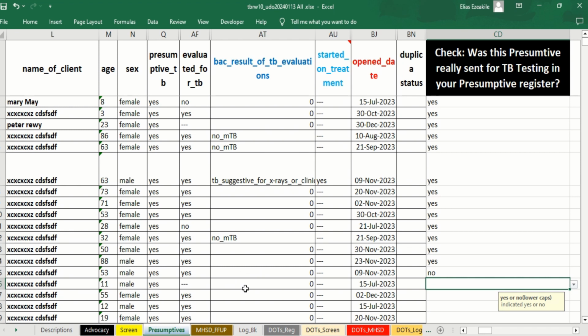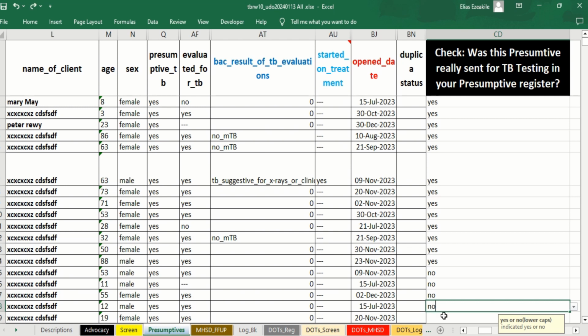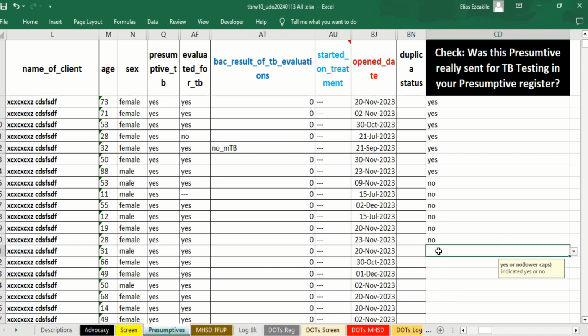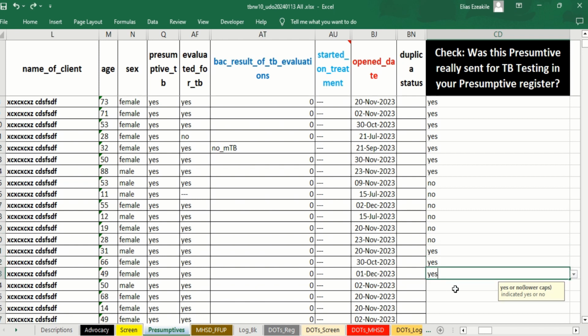Then if you see a name that has started treatment, and here we have not, we in Enugu are seeing it as dash dash, you go to your Comcare and indicate that this person has started treatment, so that the next time I send this template to you, you will see that this person's name is now indicated as started treatment. So this yes/no is actually for you to keep track, to know the ones that you need to update in